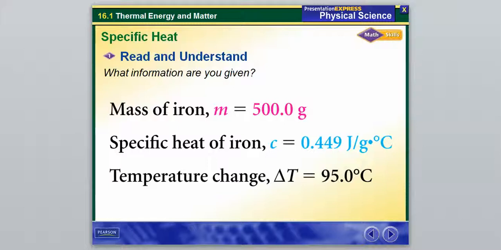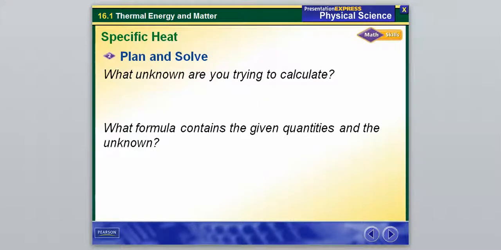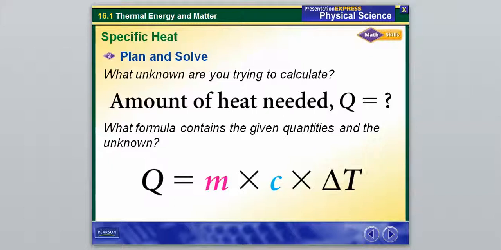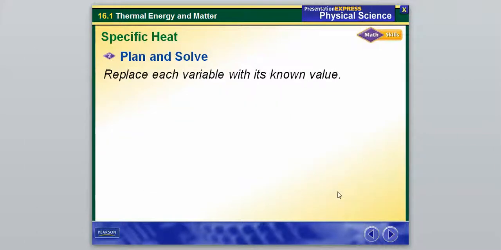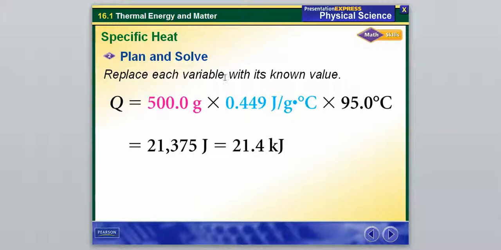So now, what unknown are we trying to calculate, and what formula are we going to use? The amount of heat that is needed is going to be represented by Q. And now we have Q equals M times C times delta T, delta being a Greek symbol. We're just going to plug in everything, so we take 500 times 0.449 times 95, and that gives us